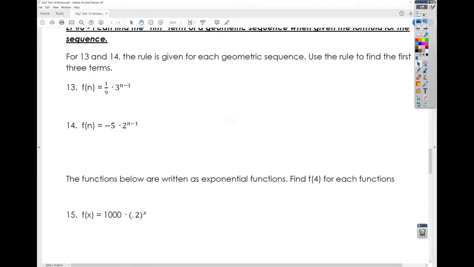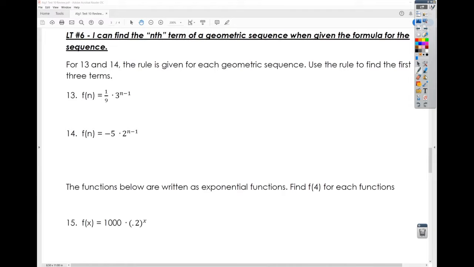All right, so for 13 and 14, the rule is given for each geometric sequence. Use the rule to find the first 3 terms. Okay, so I want to know what f of n is equal to when n is equal to 1. In other words, I want to find out what f of 1 is equal to, what f of 2 is equal to, and what f of 3 is equal to. And that's really how I would do this for both 13 and 14. So in other words, I plug in a 1 for n, and I do the simplifying to see what that